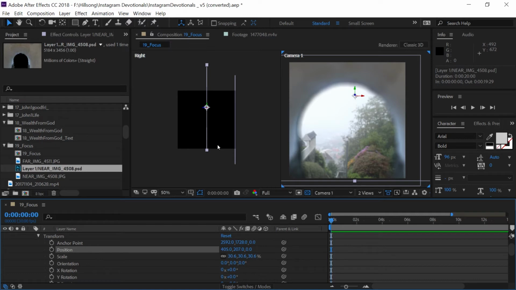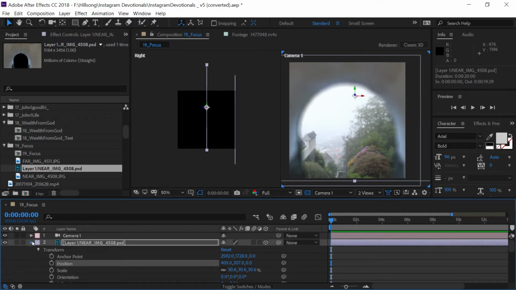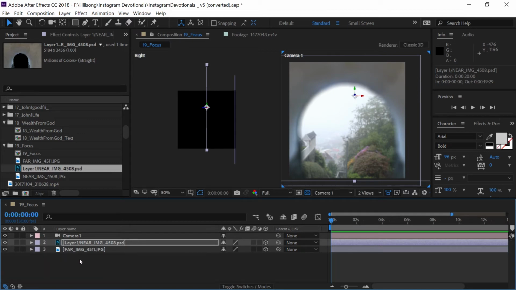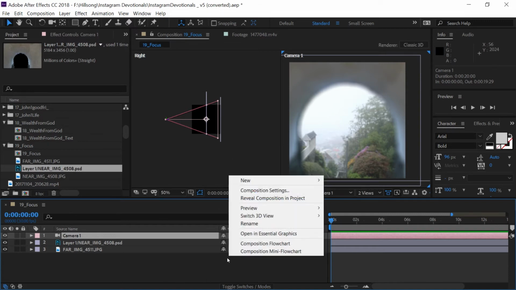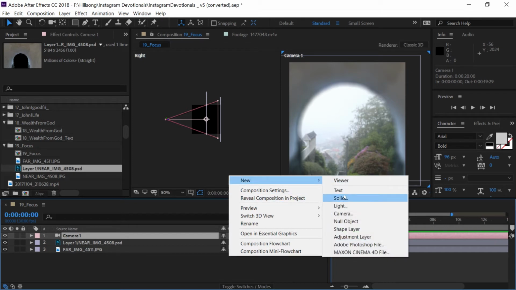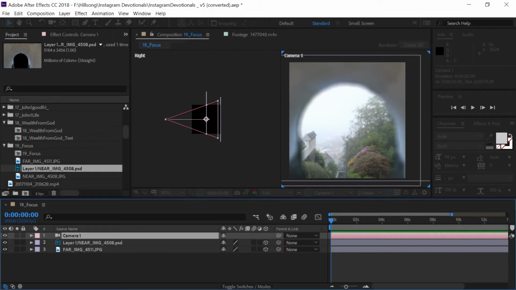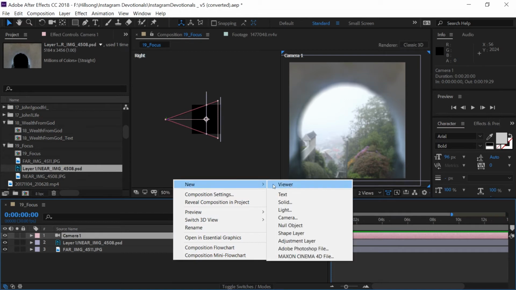Okay. So now I need to insert my letters. My letters! I need to insert my text. And I might change the text as I do this, as I decide what I want to say. But what I think I want to say is literally, sometimes the problem is focus. And I want those to be 3 separate pieces of text. So one would be, not solid, sorry. One would be